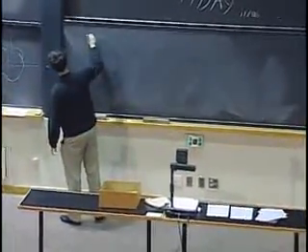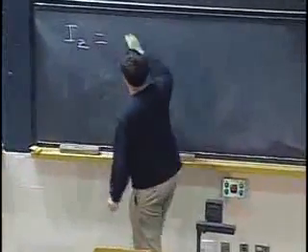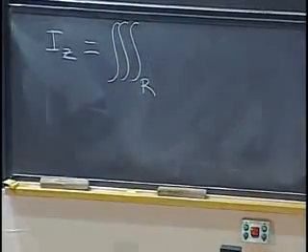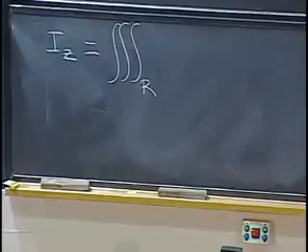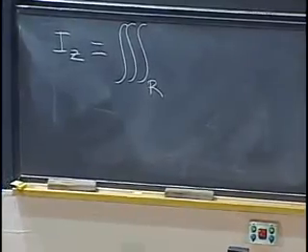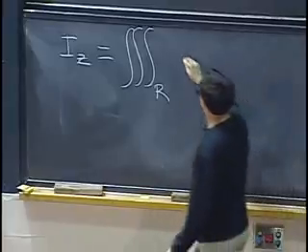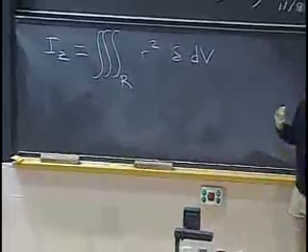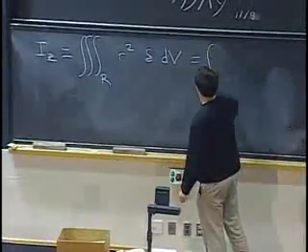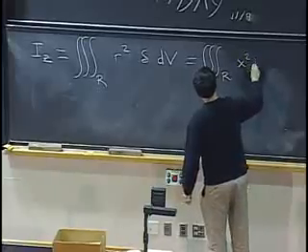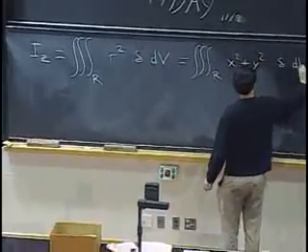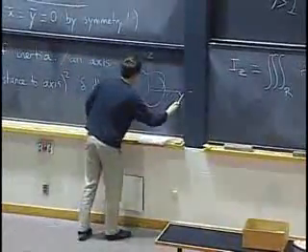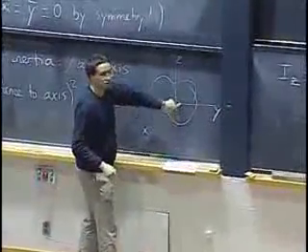Okay, so moment of inertia about the z-axis. So what's the distance to the z-axis? Well, we've said that's exactly r. That's the cylindrical coordinate r. So the square of the distance is just r squared. Now, if you didn't want to do it in cylindrical coordinates, then, of course, r squared is just x squared plus y squared. Okay? The square of the distance from the z-axis is just x squared plus y squared.